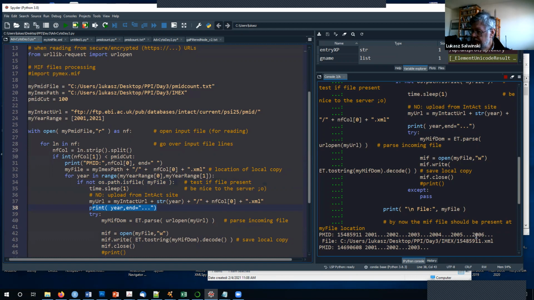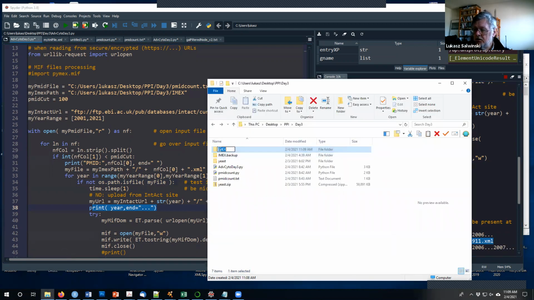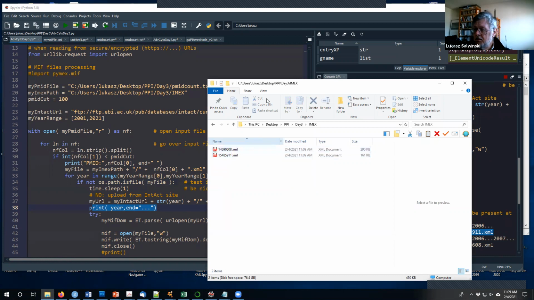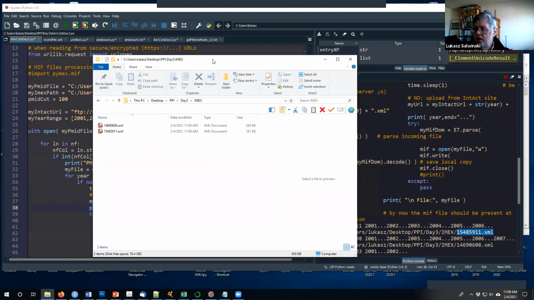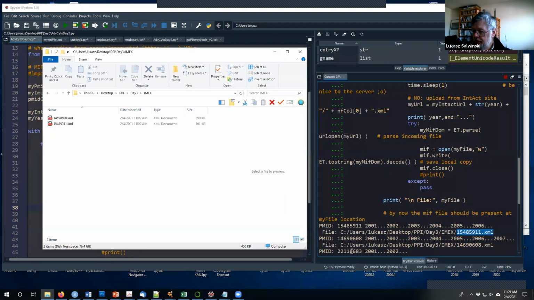Apparently, the file was sitting in a 206 subdirectory, so then we found it and saved it locally on the local drive, and we can actually check it by looking at what's here. Okay, and now we found the second file. Now we're looking for the third one,